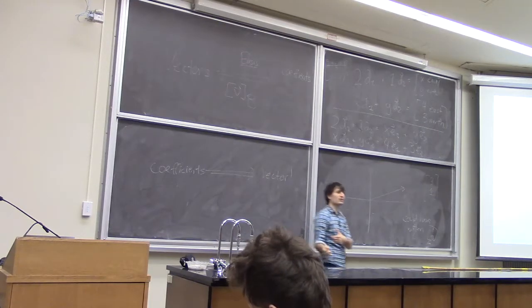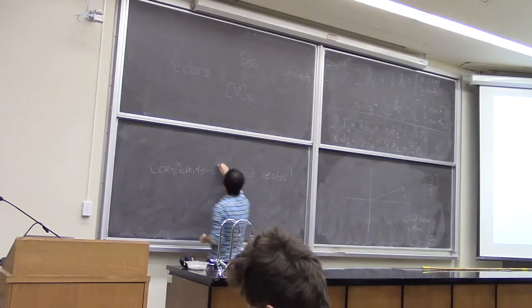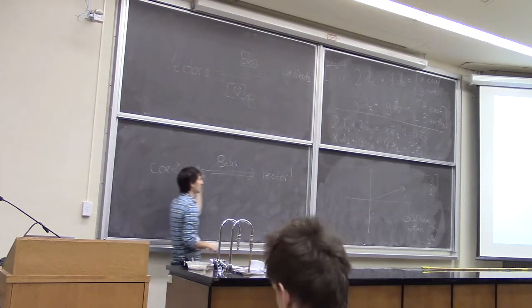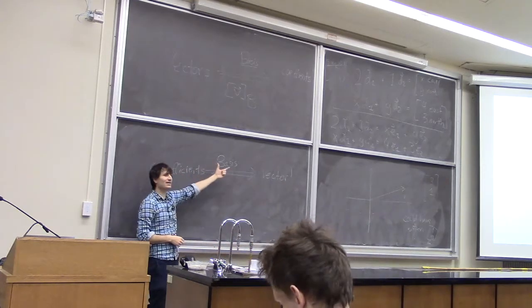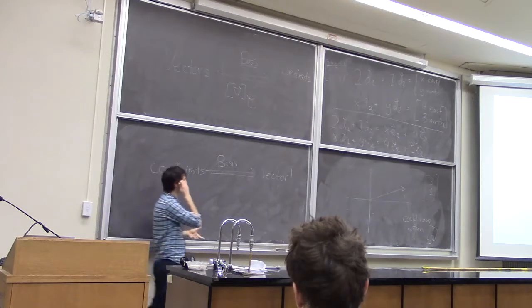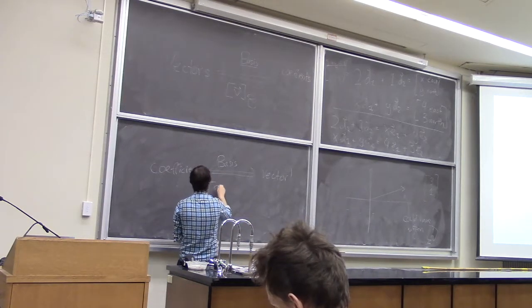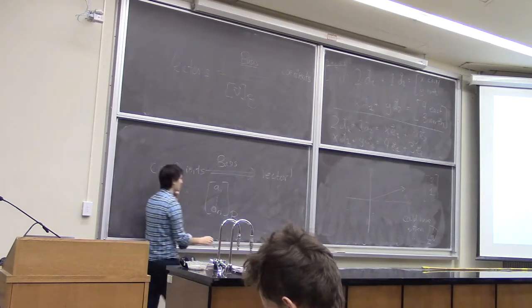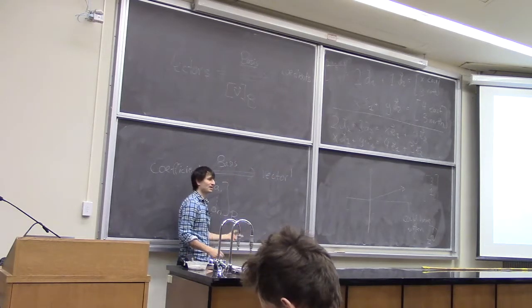How would you convert coefficients into a vector? Well, you need to use a basis B. If you have a basis B, there's only one way to convert coefficients into a vector, which is to do the linear combination of the basis using the coefficients you were given. That's the second operation. That's [A1 ... AN] subscript B. This means convert the list of coefficients A1 to AN into a vector using the basis